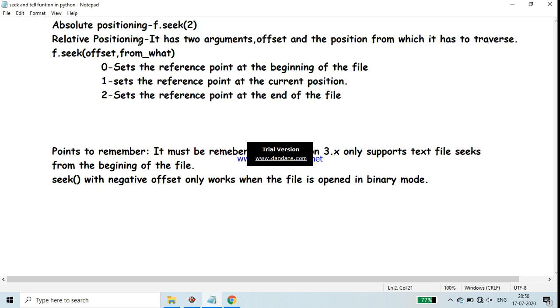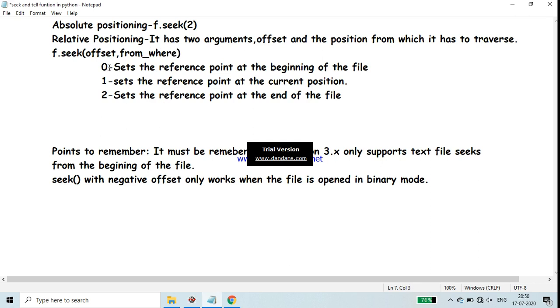And relative positioning has 2 arguments. First is the offset and the position from which it has to traverse. So the syntax is f.seek(offset, whence), from where.